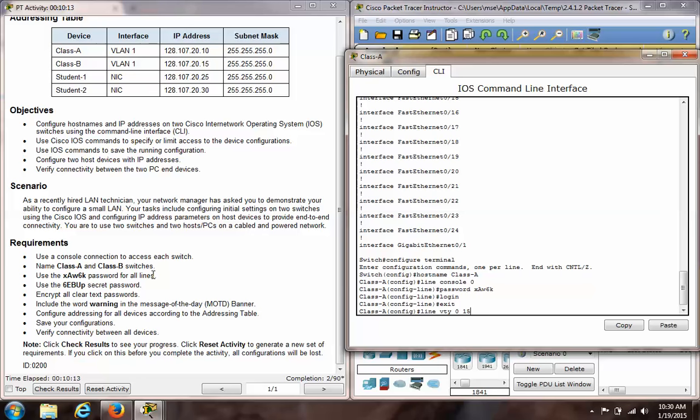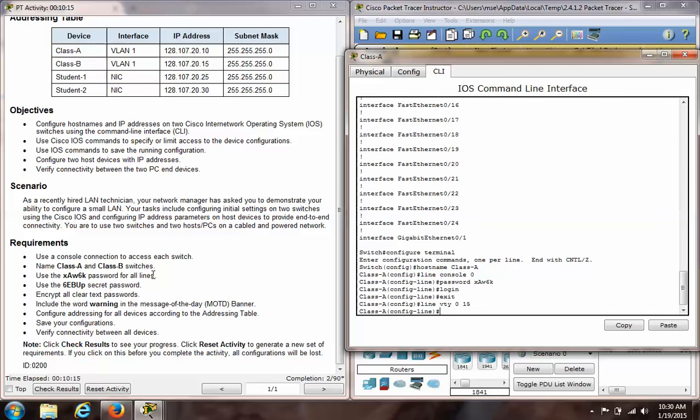So let me hit enter, and let's talk about this virtual connection. The virtual connection uses Ethernet cabling. And specifically, it uses either Telnet or SSH to remotely allow an end user to connect in to a switch